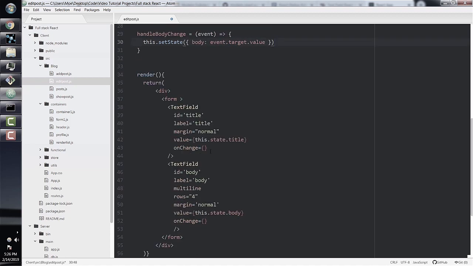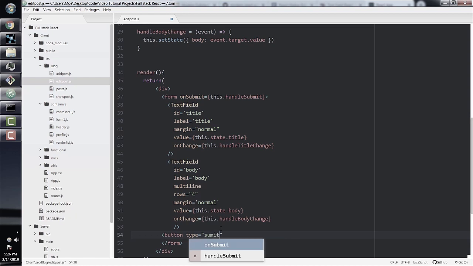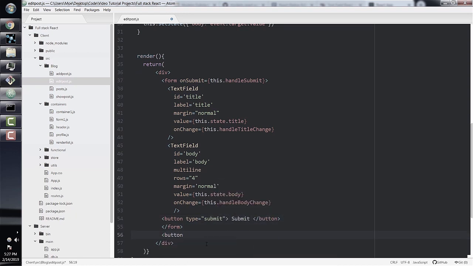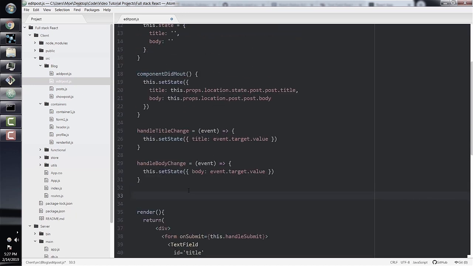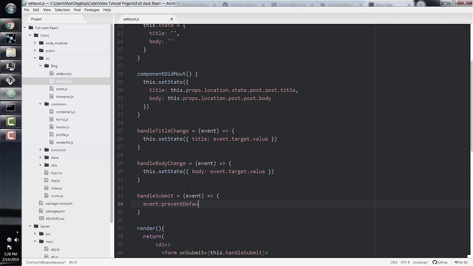And of course, we'll also need a handleSubmit function for this form as well. So let's pass a reference to it first to the onSubmit event. And we'll also need a button of type submit at the bottom. And we'll also need a cancel button, and we can just do history.goBack, which goes back to the previous page. So let's now begin setting up the handleSubmit function. So again, we need the event keyword passed in as a parameter. The very first thing we do is event.preventDefault, since we do not want the browser to reload when the